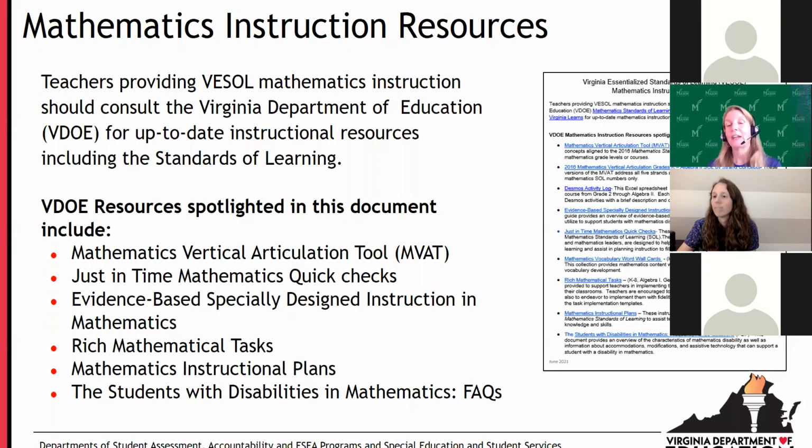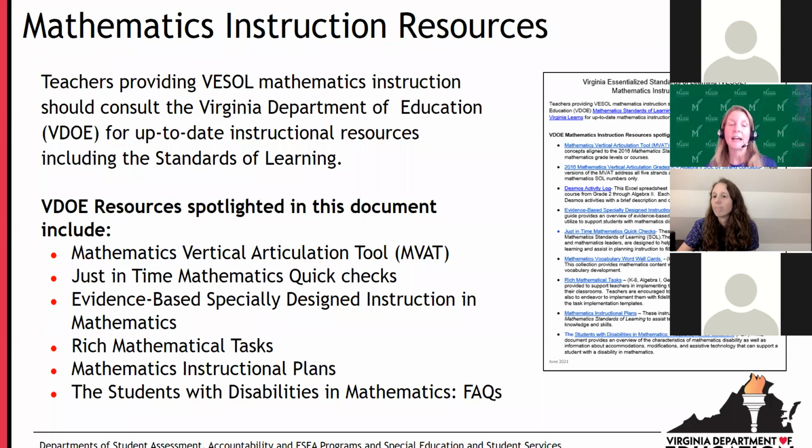What we want to highlight on this slide is that within all of our resources, the primary resource for VESOL instruction are the VDOE, the Department of Education resources. Accessing and using the VDOE resources are going to maximize your opportunities for collaboration with your general education colleagues and be able to access and draw upon all those resources and information that support SOL instruction.